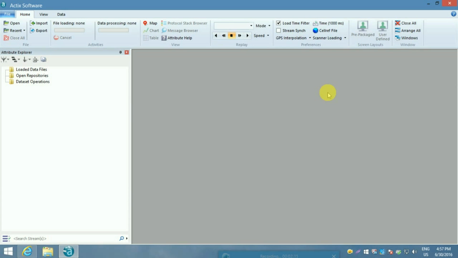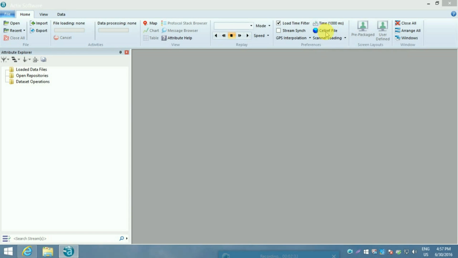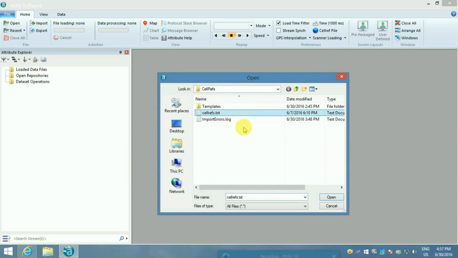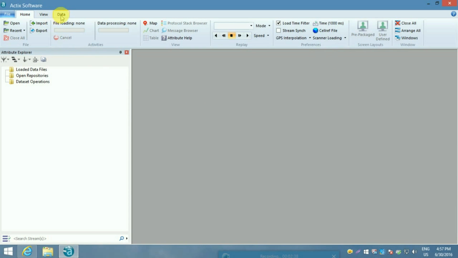As we work on the cell sites and import the cell sites into the software, those cell sites information will be bridged based on this cell reference file. So it is a very important part of using the Actix software. Actually, I have my cell refs file ready. Open.